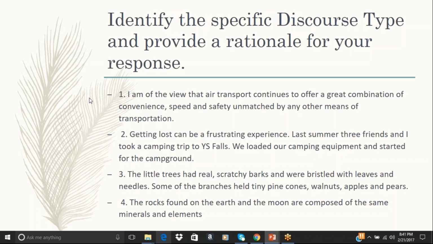Mm-hmm. So it obviously sounds like he's going to be relaying, even though it's a past event, you're going to be getting a series of events that actually took place as well. So even though it's a past event, he's going to be telling you exactly what happened. So you're getting the fact that he's setting you up for a plot. Very good. And then the first one now, what is it that lets you know that it's